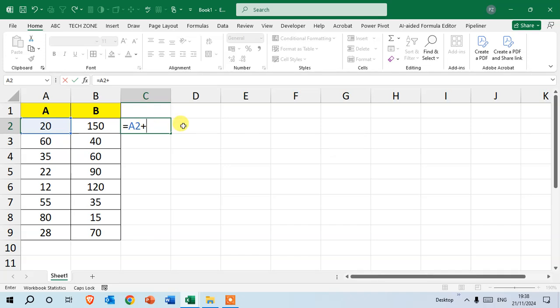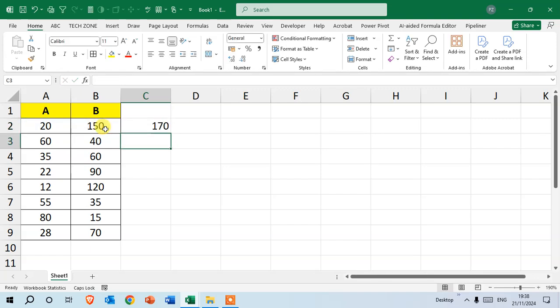Then select B2. I select the B cell, and you can see B2: B column and row number 2. Then press the Enter key, and that's it. You can see the added value is here. Now you simply